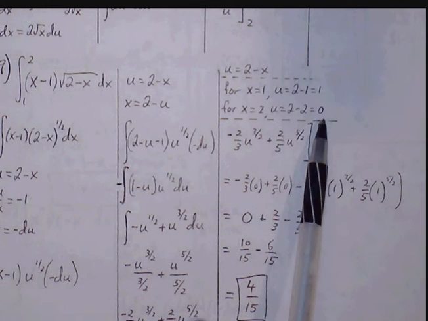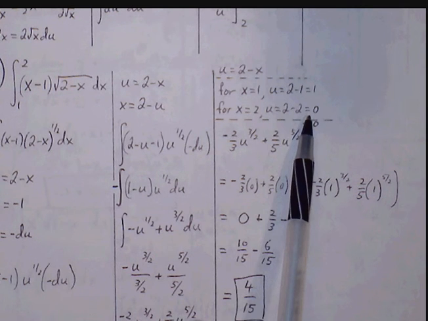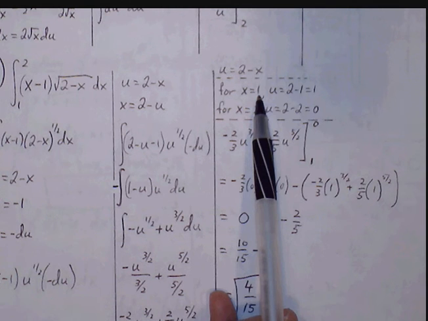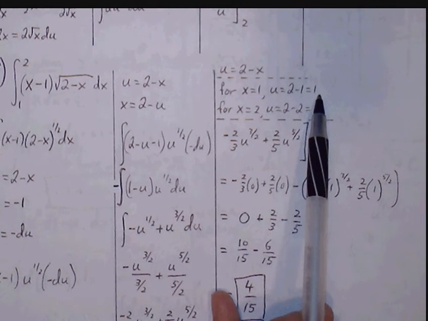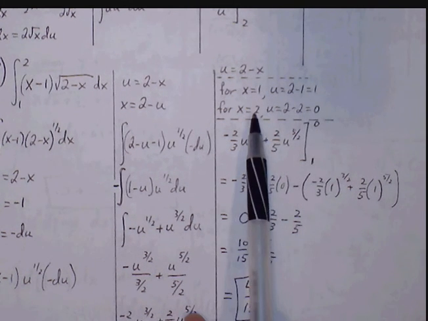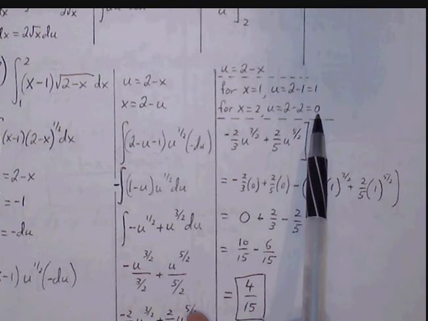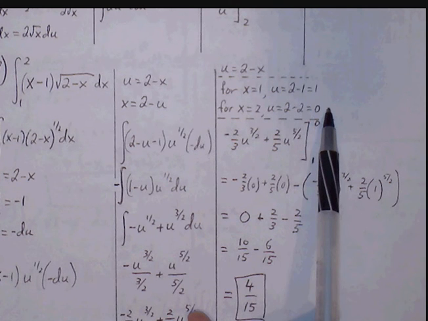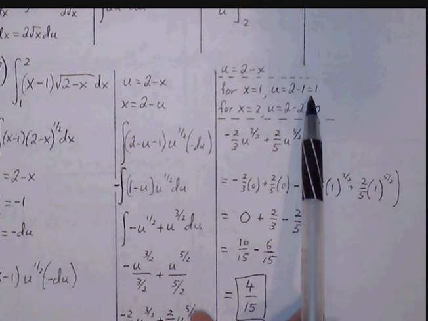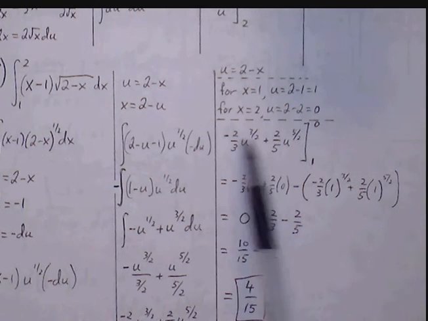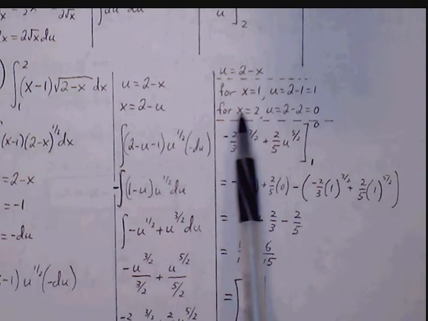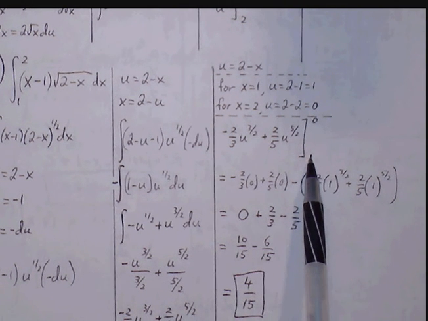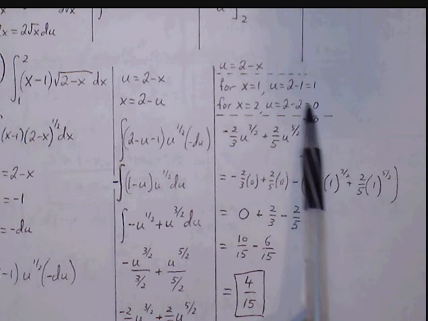Now this is something that we have to be careful about: whatever lower bound we start with, whatever number we get, it will remain the lower bound. So x equals 2 is the upper bound, and our new upper bound is 0. So even if your upper bound ends up being smaller than your lower bound, you're not going to switch. Whatever 2 turns into, it will remain as the upper bound, even if it ends up being smaller than your lower bound. Okay, so now upper bound first, plug 0 in,